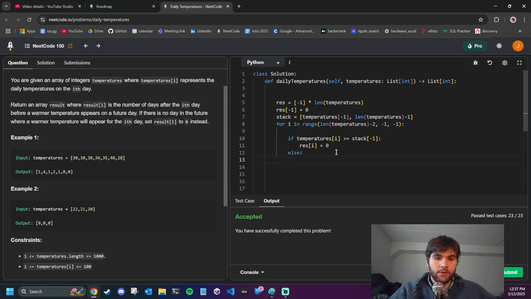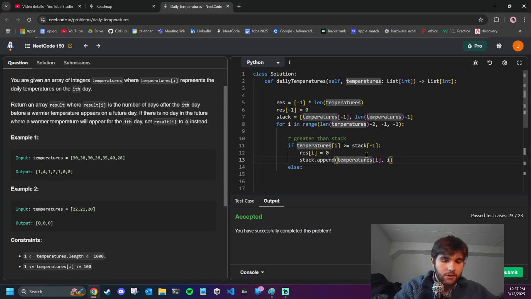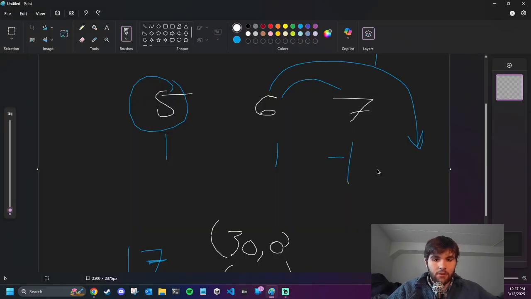first of all, if it's greater than the stack, we need to add it to the stack as well. So we would say stack.append temperatures of I and I. So just the tuple. Otherwise, if it's less than the stack,